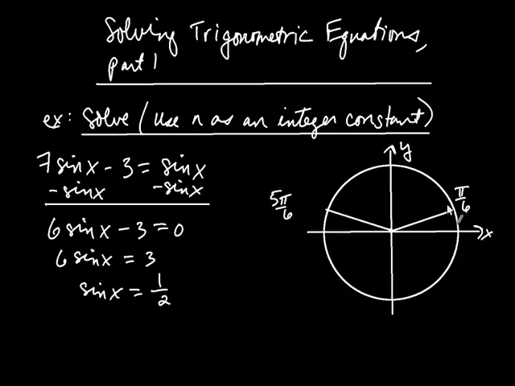But these aren't the only angles, and the reason is because, isn't it true, for example, that if you're at this point, and you add 2 pi to this angle, where does that bring you? If you add 2 pi, you go all the way around, and you're back to the same point. So clearly, sine of pi over 6 plus 2 pi is also equal to 1/2. It's not just true for 2 pi, it's also true for 4 pi. That is, if you go all the way around twice,